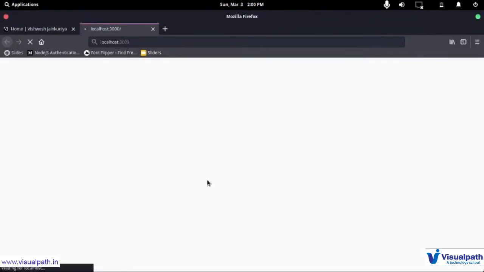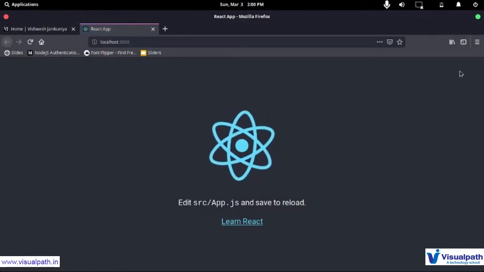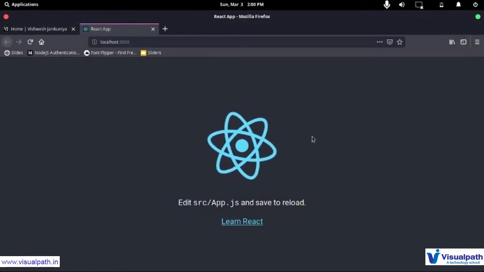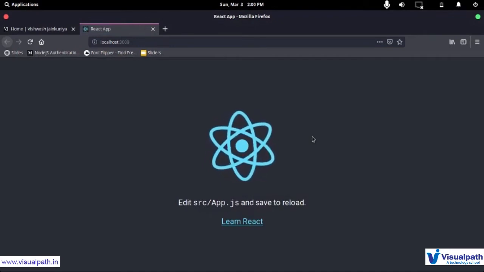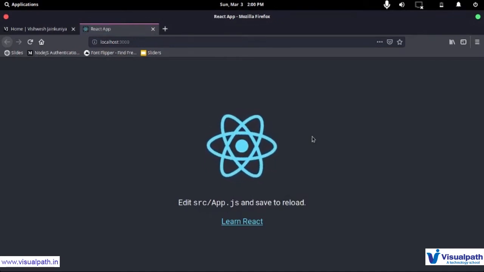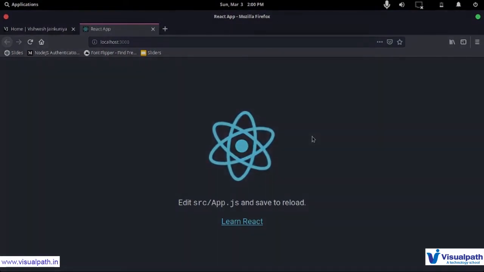Now we'll see that this looks ditto as the app we had last time, without cleaning anything. So this looks like this. So let's jump to what we are going to make, then look into how we are going to make that and how we are going to go about it, and then we'll start coding.